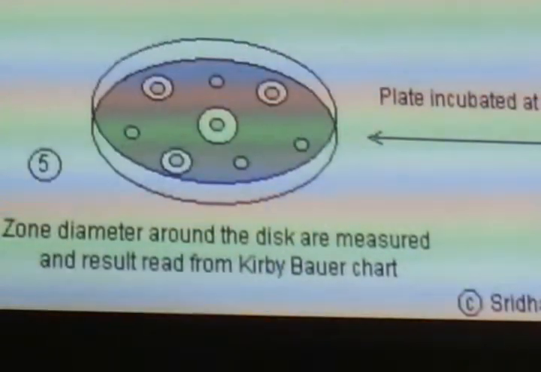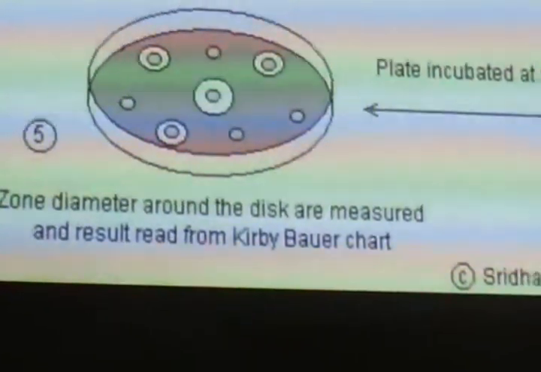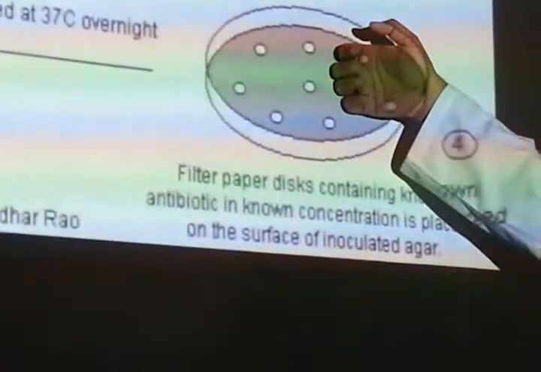So everywhere bacteria should grow. Before putting it in the incubator, we put different antibiotic discs and then we put in the incubator. Next day, when the plate comes out, it looks like what I showed you now. See? Where the disc is, you see bacteria not working. Here there is no zone, very slight. There is no zone here, this antibiotic is not working. But this, you see a good zone of inhibition.